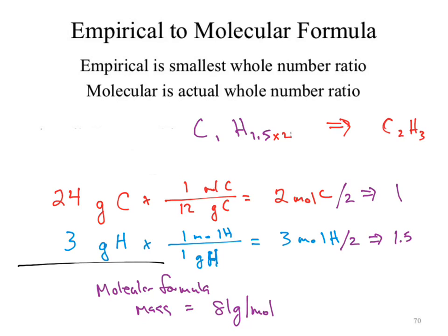How do I get my molecular formula? I find the molar mass for my empirical formula. Carbon is 12, but there's 2 of them, so it's 24. Hydrogen, 3 hydrogens, so we've got 27. Actually, I think I did do this right. So I would take 81 divided by 27, and I get 3 cleanly, which means my